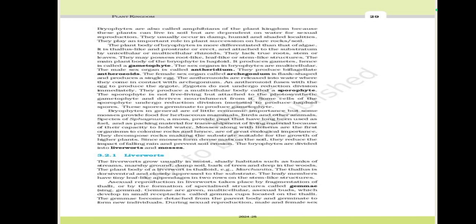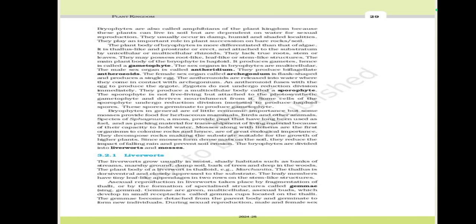Bryophytes in general are of little economic importance, but some mosses produce food for herbivorous mammals, birds, and other animals. Species of sphagnum moss provide peat that has long been used as fuel because of its capacity to hold water. Mosses along